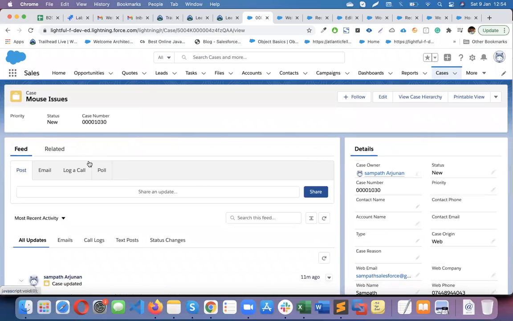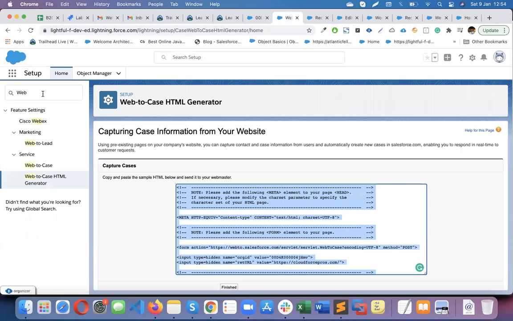And now it will be assigned to an owner, depending on the criteria. You can have different criteria, so that is the assignment rule. Using the assignment rule, the case will be assigned to internal users. Either it could be assigned directly to internal users or it will be assigned to a queue. So how do we create a queue? I will quickly show you that.